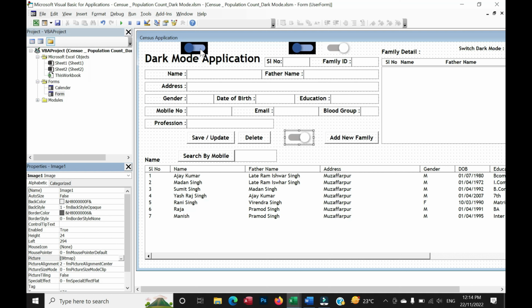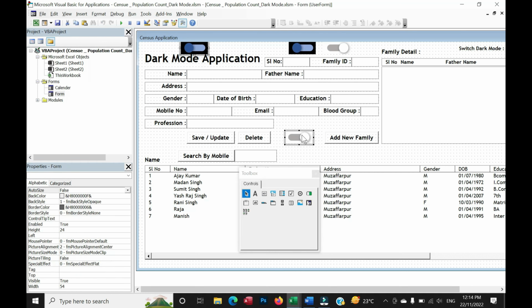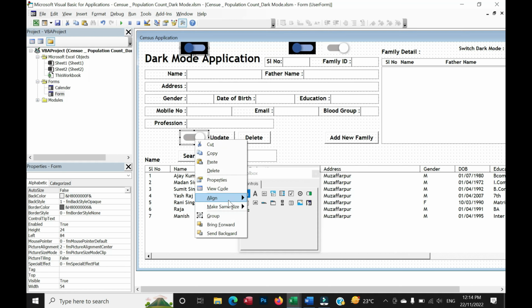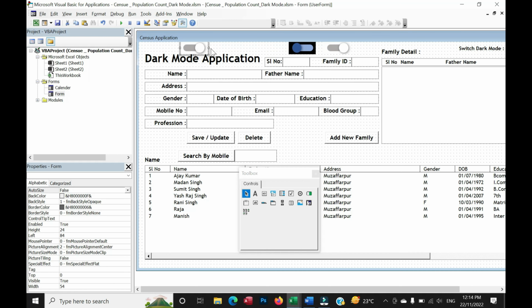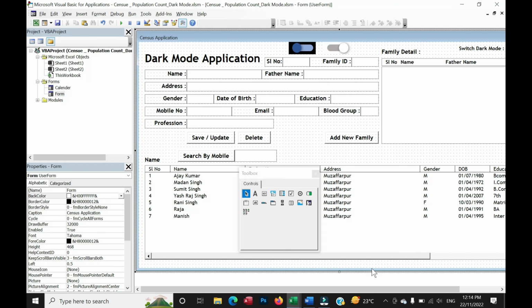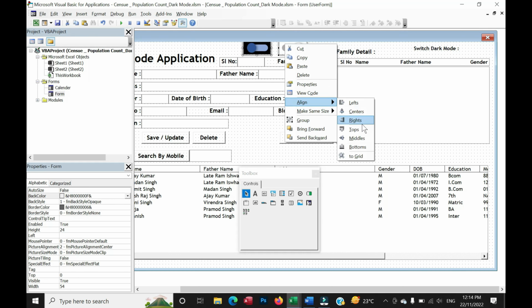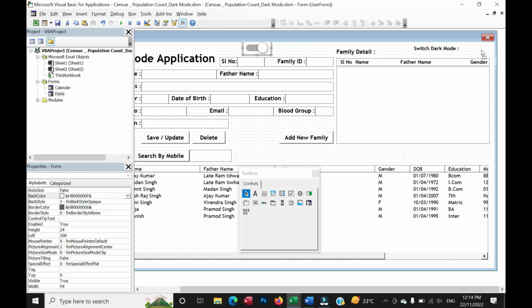And now you just select both of the controls, right click, and align center and then align middle. Then it will be aligned accordingly. And also please note that your normal mode should be on the top, right? Fine. Okay, so I have already created two buttons here. Now I will align this middle and align with center and keep it in here, wherever you want as per your desire.